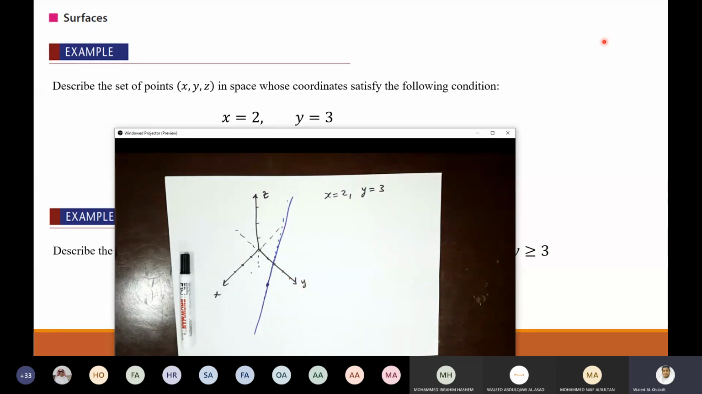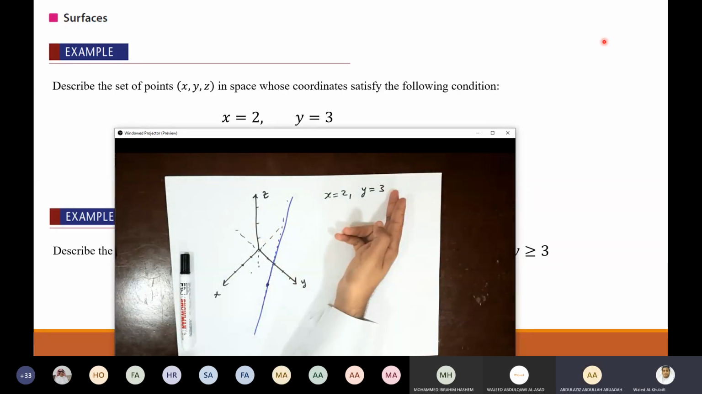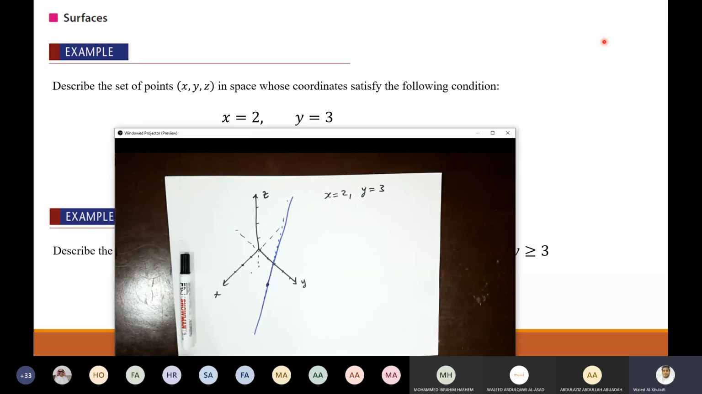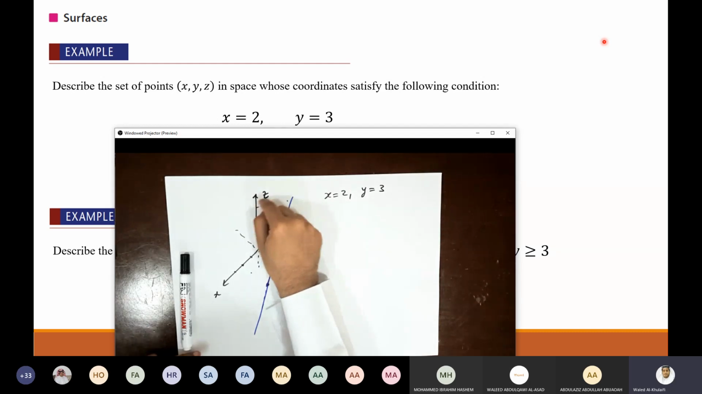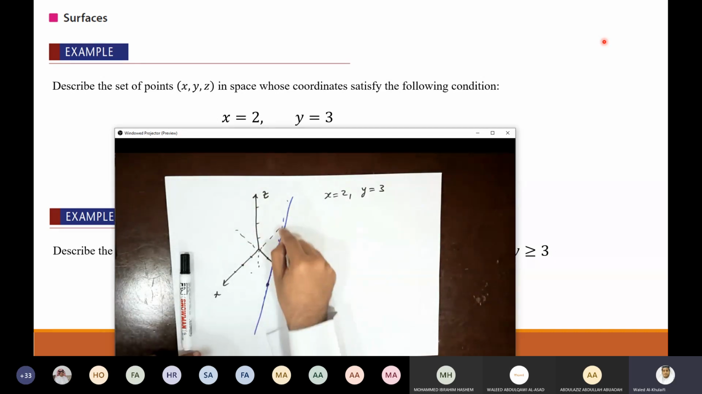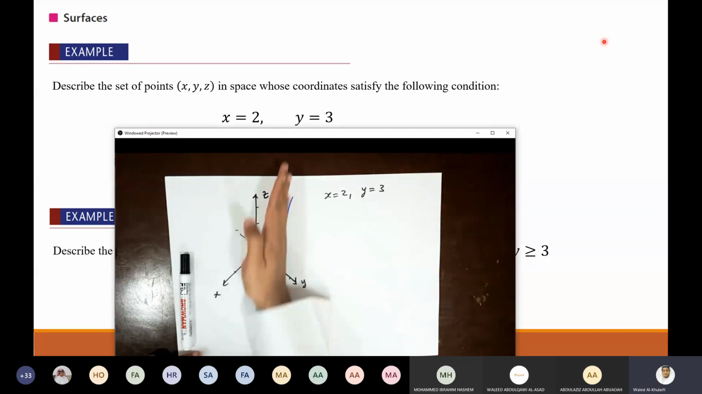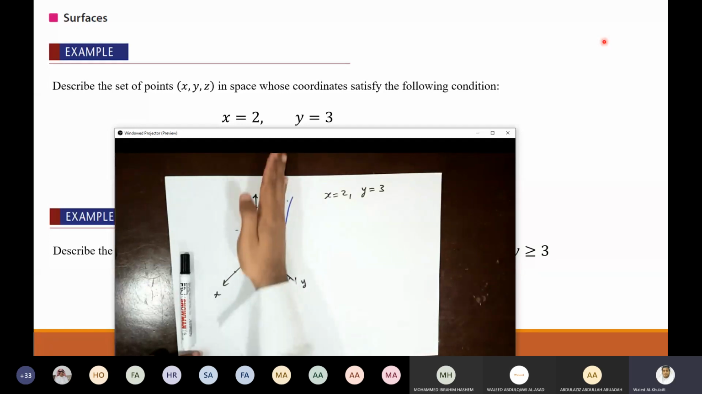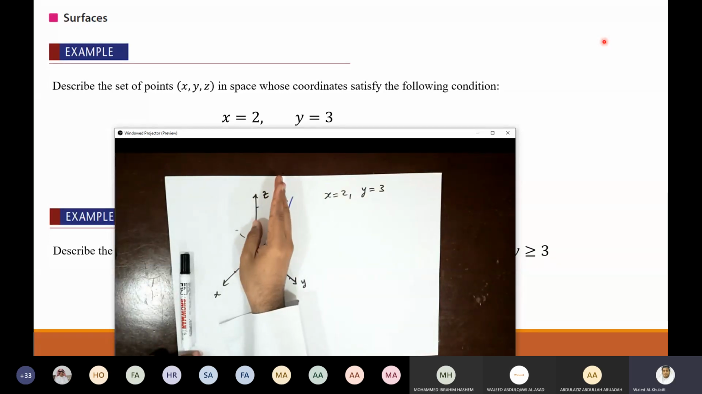Okay, a line. But what if he says z is 5? If z equals 5, that means you are talking about a single point. Then I go 1, 2, 3, 4, 5, following the units you have, and stop. But if he didn't specify z, that means he is talking about all the points. But keep in mind, this line is parallel to the